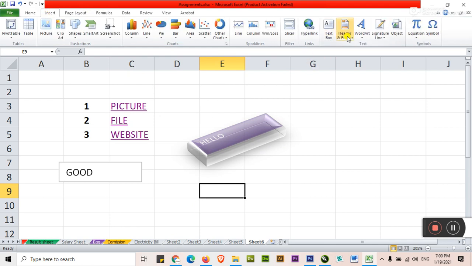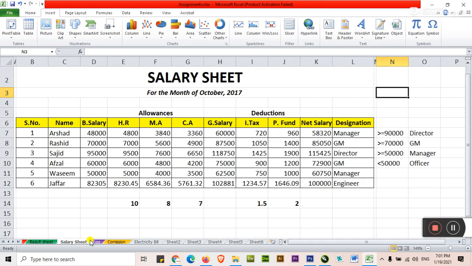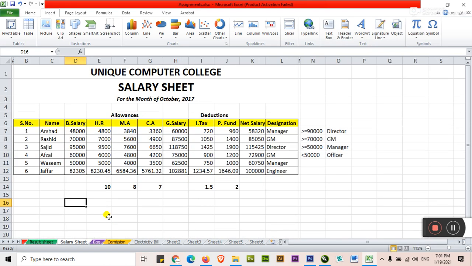Insert header and footer. It's very important. Header footer basically is a command. With the help of that you can repeat the heading on every page that you have created. If your pages are 2 or more, 100 pages, 50 pages, 10 pages, 3 pages, your top heading or the company name will repeat at the top of every page. For example, we are here. Just click on Insert and Header Footer.